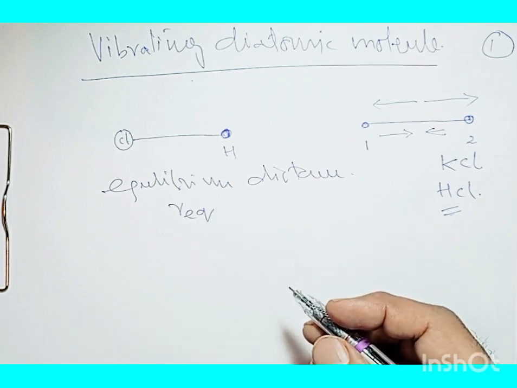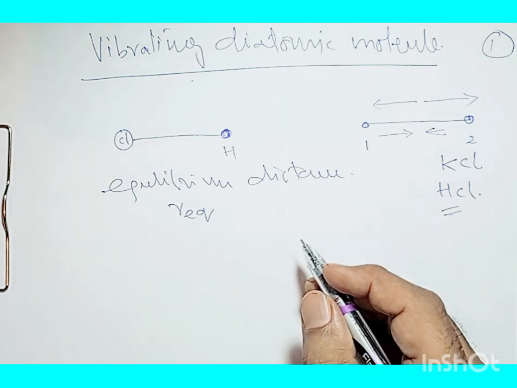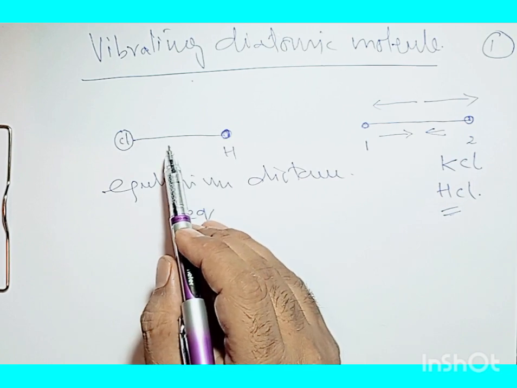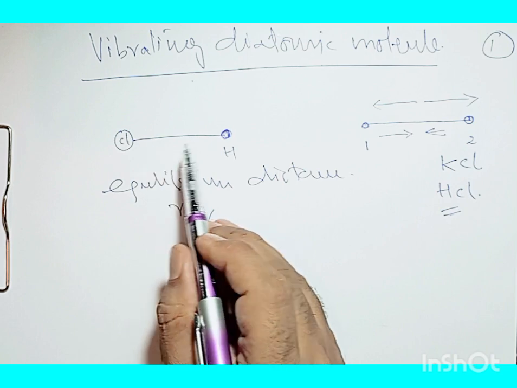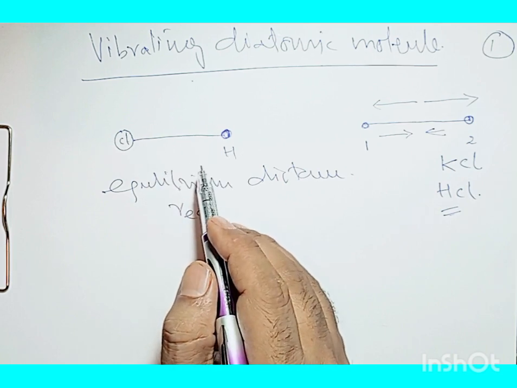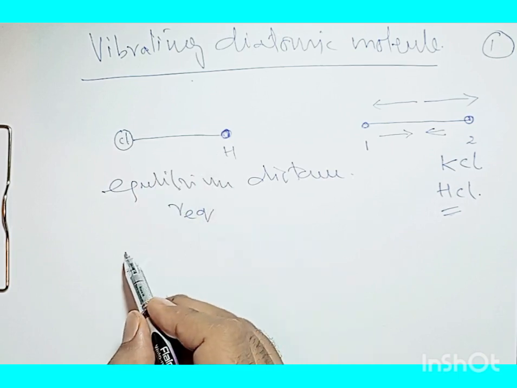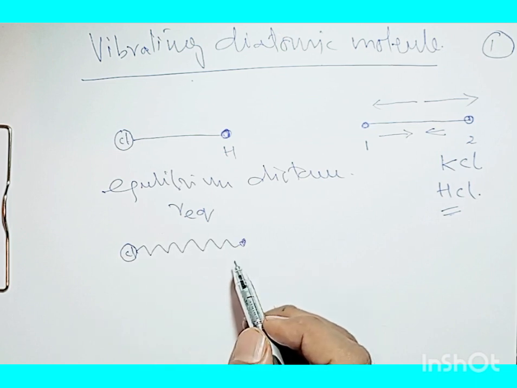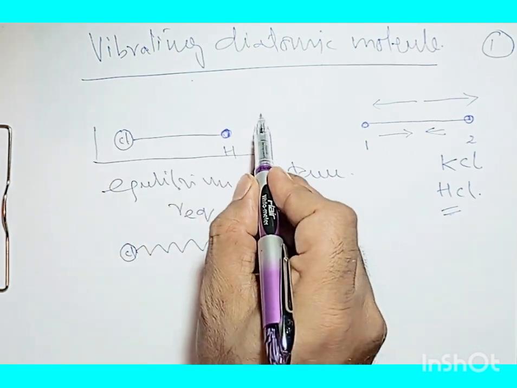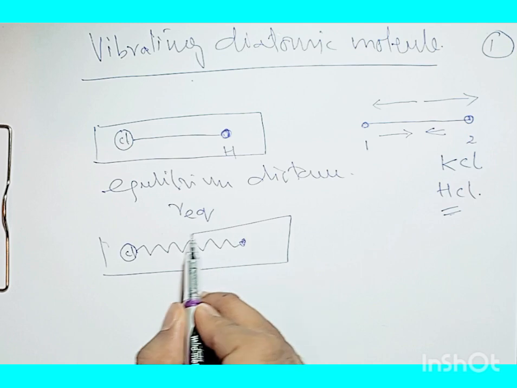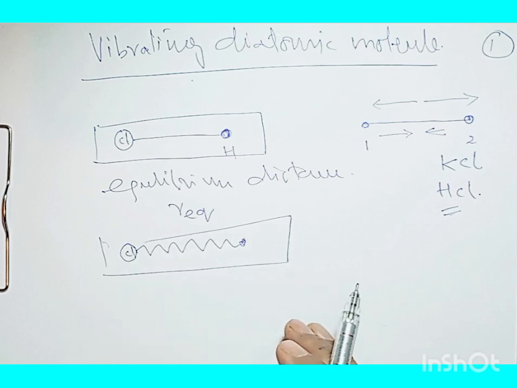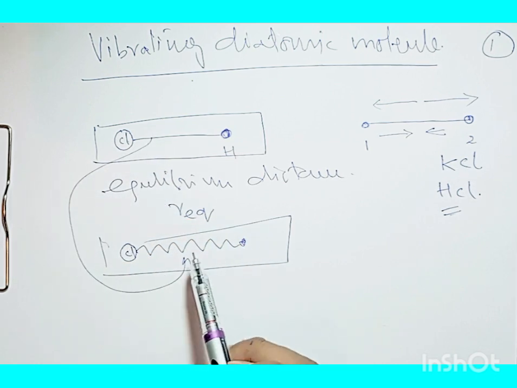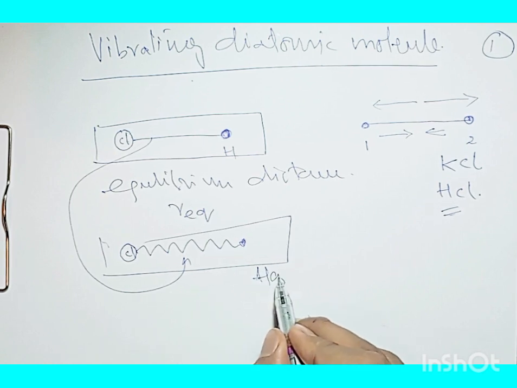Or to speak in a more precise way, whether we have the compression or the extension of a bond, this compression and extension of the bond may be linked to the behavior of something like a spring. Suppose this is chlorine, and we may treat this molecule as analogous to a spring, by assuming that